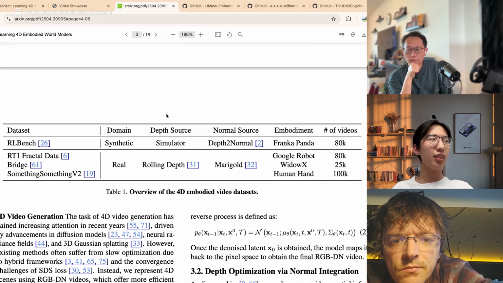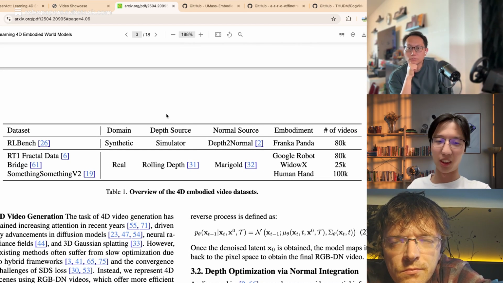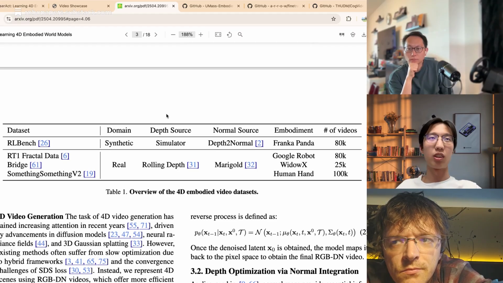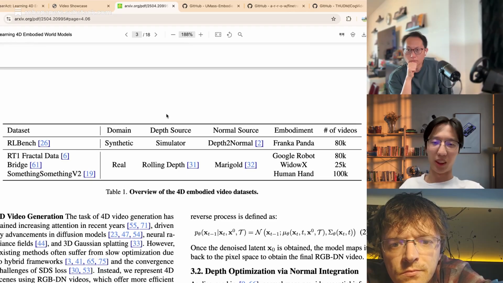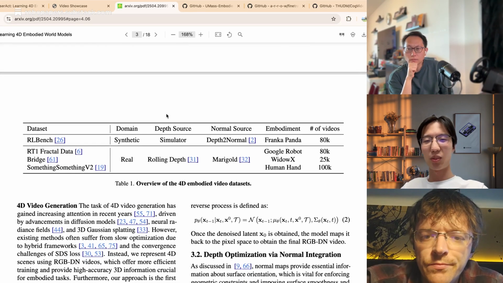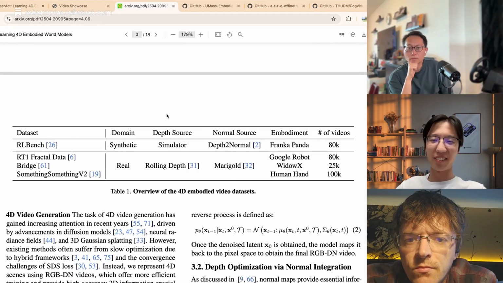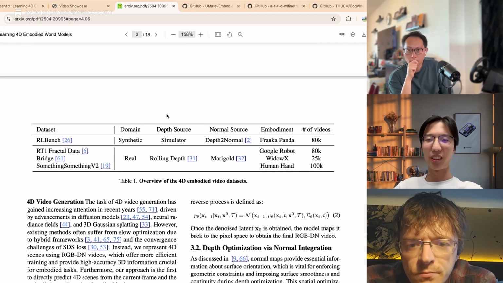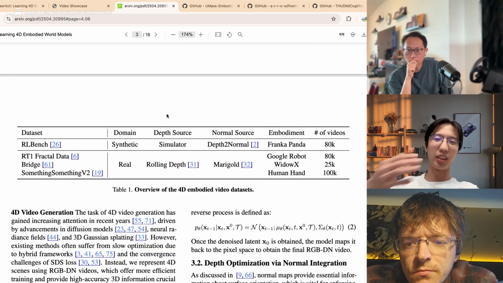Maybe for Stability AI, for Sora, they want diverse generation results. But maybe for robot control, we want stable results. Yeah, that makes sense. And that's indeed what we will do in the future, to make the video generation more controllable, conditioned by